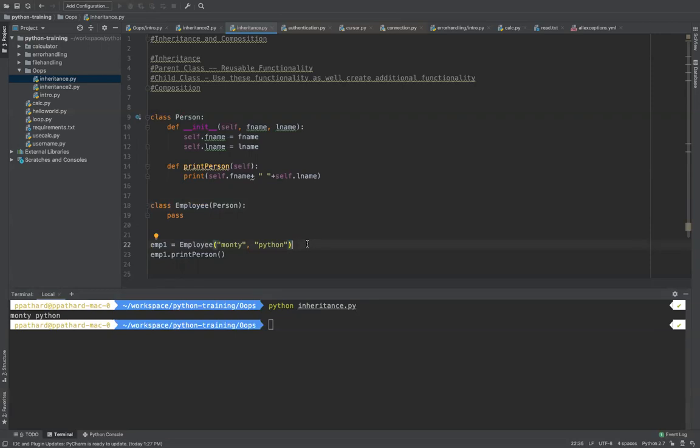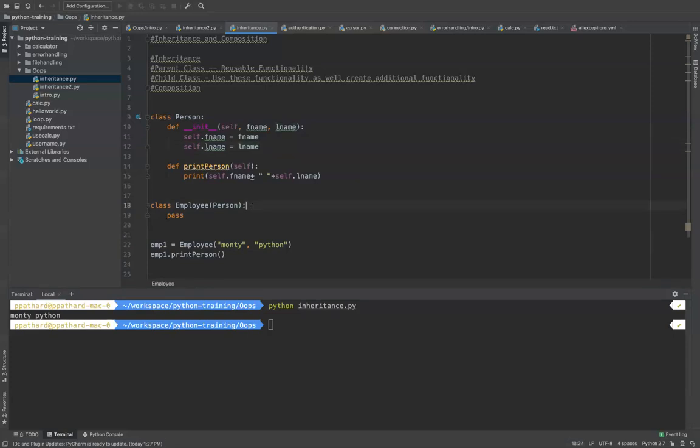Now you can add additional functionalities in your code. So how do you do that? You add additional things that you want. For example, apart from the first name and last name, you also want to add some additional properties for this particular employee, for example, age.